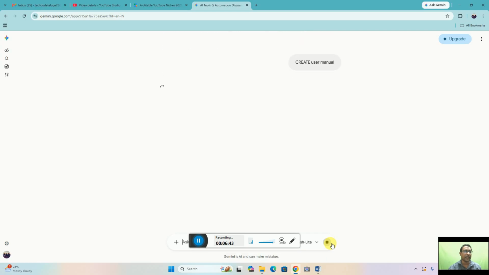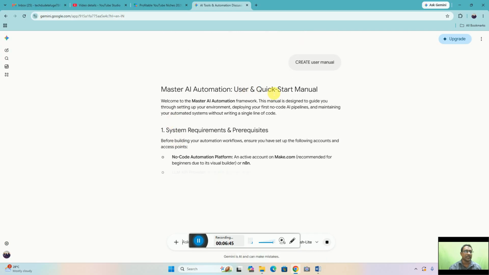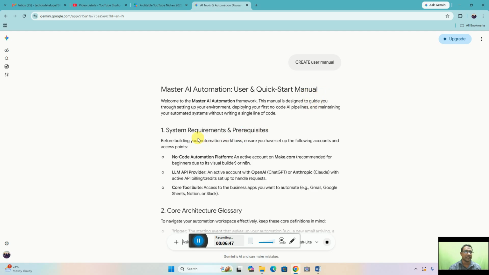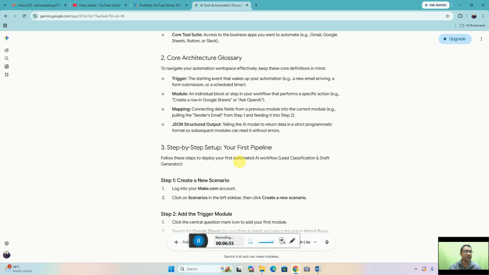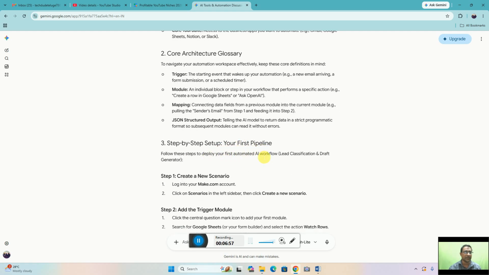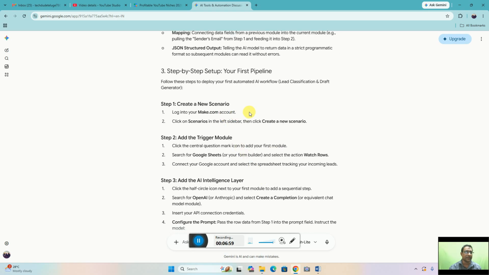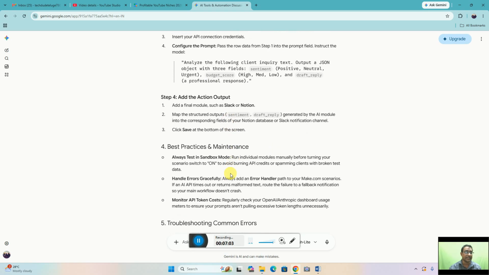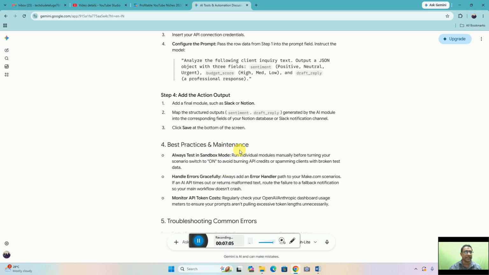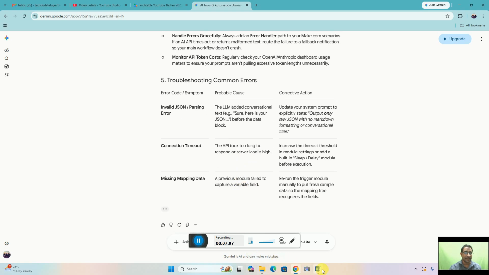Create a user manual. The Master Automation quick start manual covers system requirements, the no-code automation platform and LLM API provided, the core architecture glossary, step-by-step setup of your first pipeline, creating a new scenario, adding the trigger module, adding the AI intelligence, and best practice maintenance. And after that,